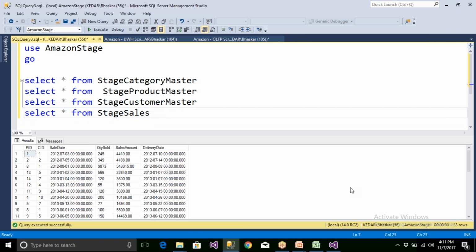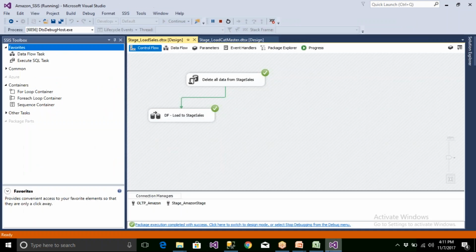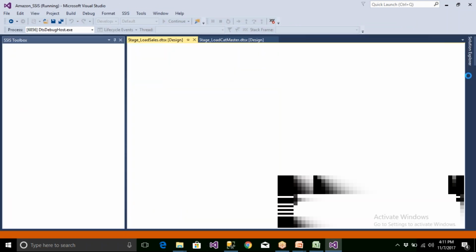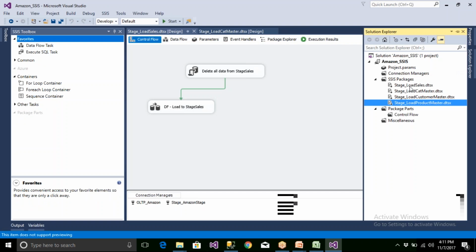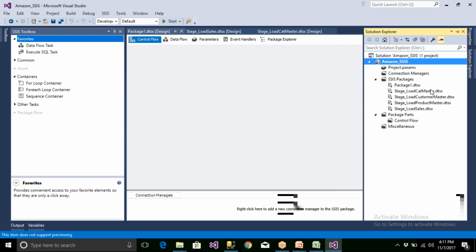If you wanted to run all the packages at a time, you can create one master package, right? So how to create one master: you can create a new package. So you can say stage underscore load all tables.